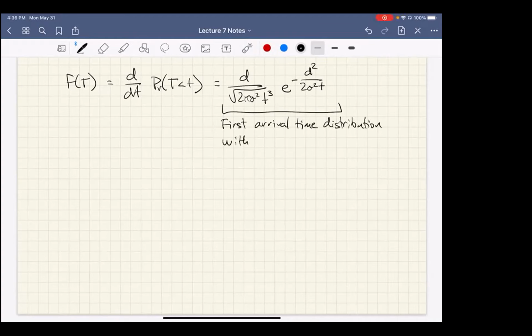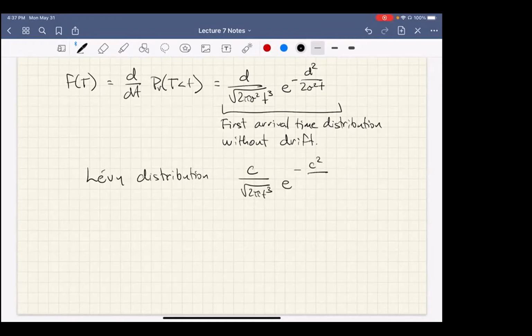Without drift, this has a special name. Actually, it has a number of special names, but the name that I usually hear it called is the Levy distribution. It is often rewritten like this: c over root 2 pi t cubed, e to the minus c squared over 2t, where c in this case would be equal to